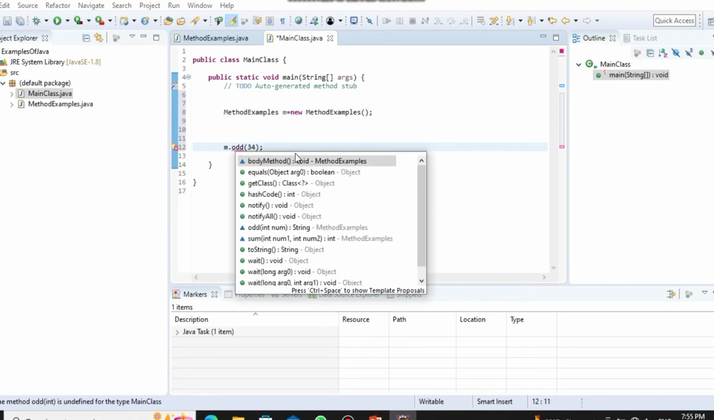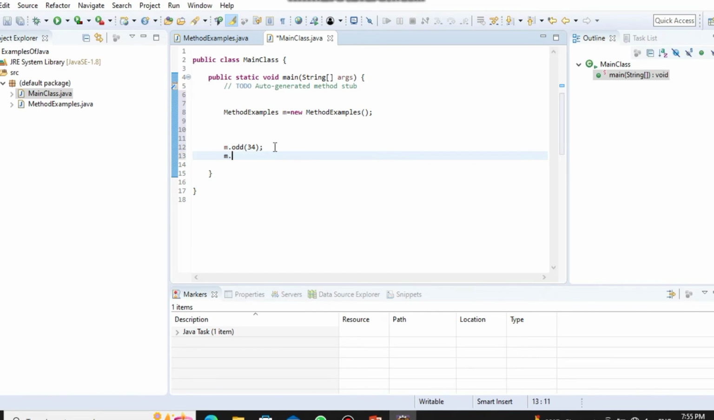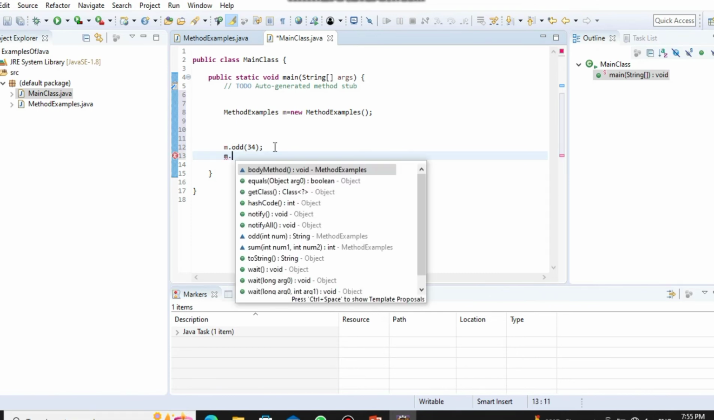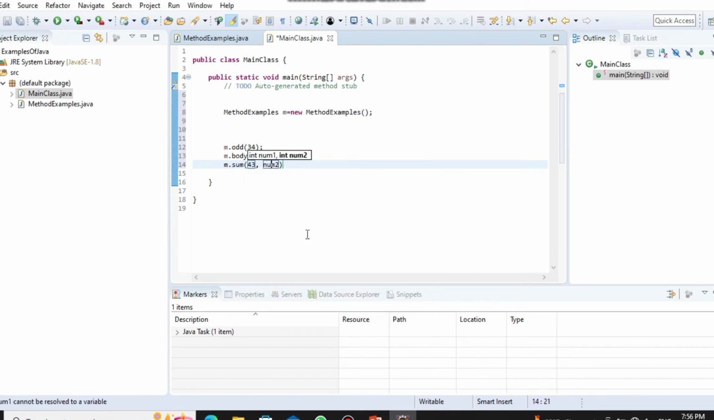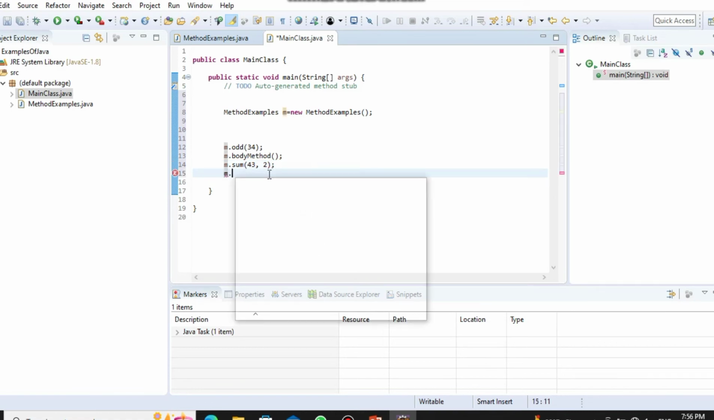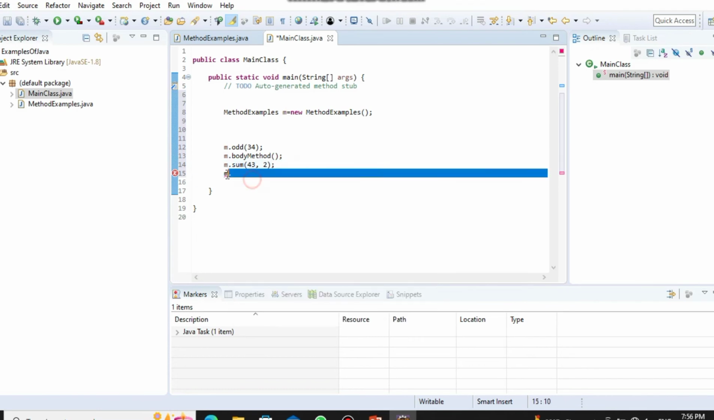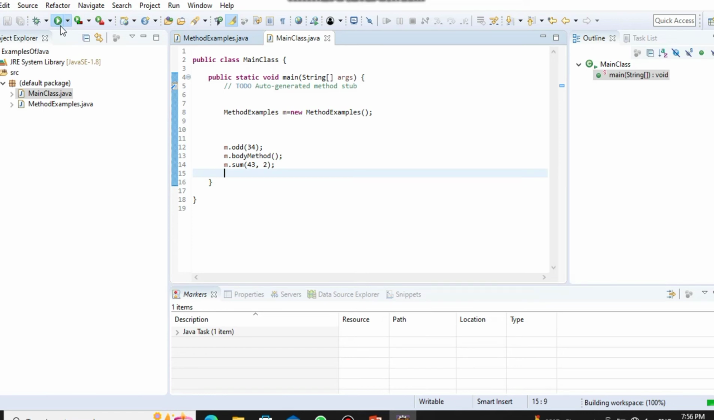class with the name of main class to call our method. Okay, at first I should have the main method, and then I should create the object of my class, I mean method examples. Okay, then we can access the methods that we created. Okay, so let's do it. So here, if you want to print the value, you should use System.out.println, I mean the printing method. Okay,